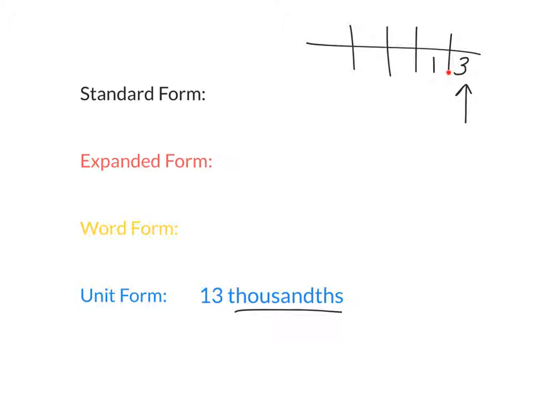If I put it here, where the 3 is now in the? Tens. We don't want that. We want the? Thousands. Okay, if I move it here, the 3 is now in the? Hundreds. We don't want that. We want the? Thousands. If I move it here, it's in the? We want that. Okay, so this is how unit form works. It tells you where you want that rightmost position to be. So in order for that to be the thousands, I need to add a 0 here, put the decimal point, and do that. So now we know the standard form is either 0.013, or how would we write that in a fraction form? Well, it's very easy. 13